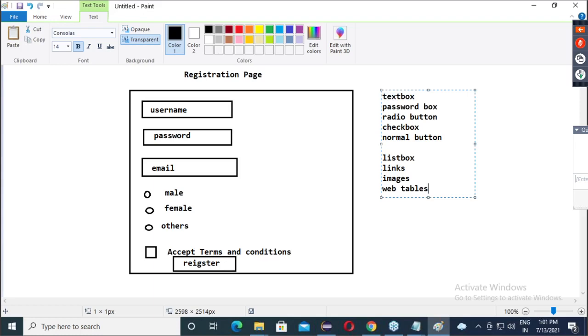So at least, guys, how is a list box created? What is the code for list box? What is the code for links? What is the code for images? What is the code for web tables? We must be aware. Trust me guys, 200% sure you will get a question in the interview.